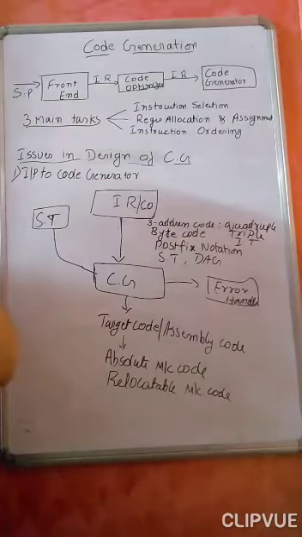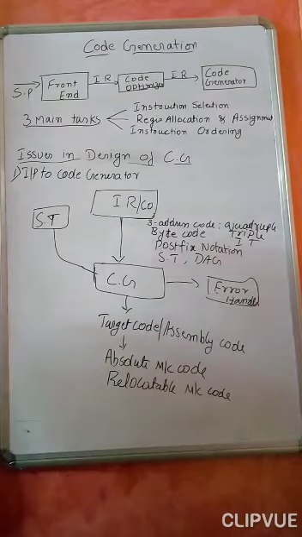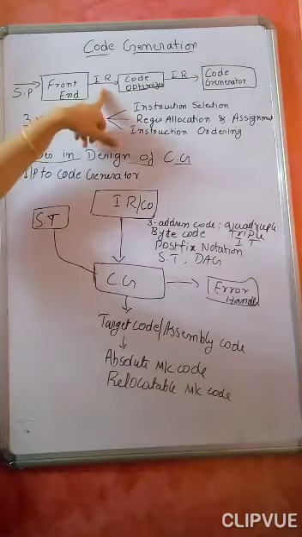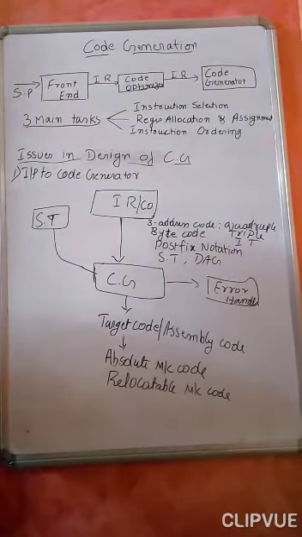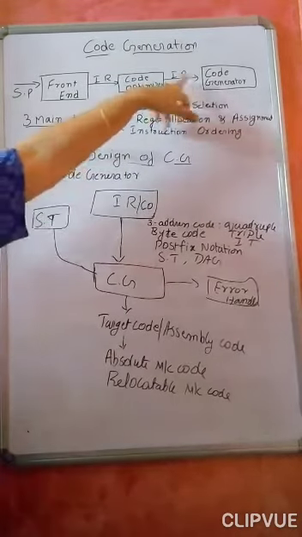You already know what an intermediate representation is. It can be a DAG, a syntax tree, a 3 address code, a postfix notation, or any byte code. Then we give it to the code optimizer. The output of the code optimizer is also an intermediate representation only, but some of the extra things which are not required will be removed, so that we get a faster machine code. Then that is given to the code generator.